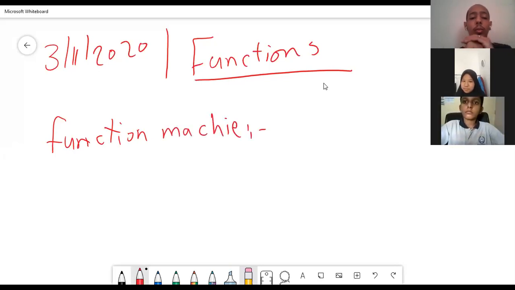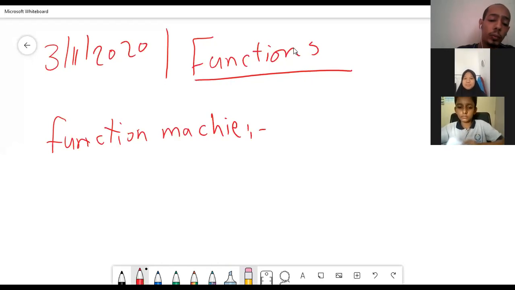A function machine is simply like the old calculators, the calculators that do only the arithmetic operations like addition, subtraction, multiplication and division, but not like the modern calculators, like those that perform functions,